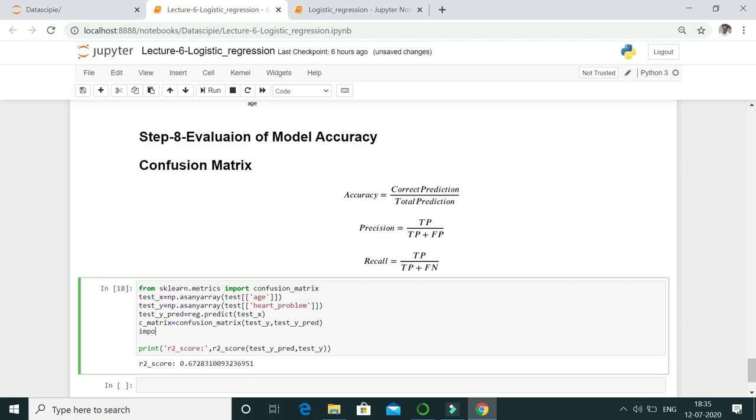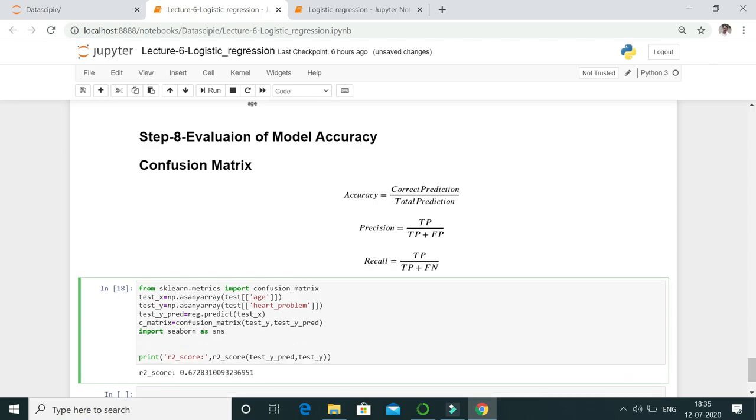So import seaborn as sns, then sns.heatmap, data is equal to, what is our data frame? pd.DataFrame of the confusion matrix.